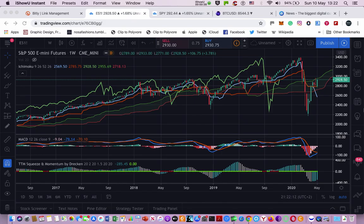Particularly when you look at all the different time frames. For those of you who are day trading, you might have found some position here or there, but it was really difficult. Anyway, let's quickly look at the weekly chart for the S&P 500 E-mini. And as you can see here, which is what we're looking at now,